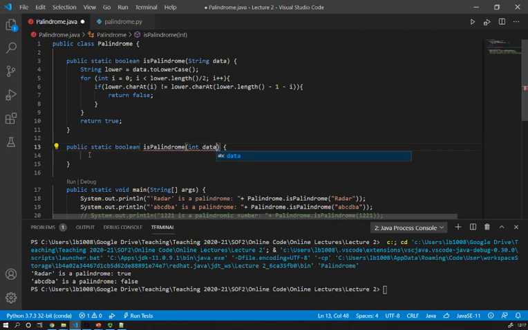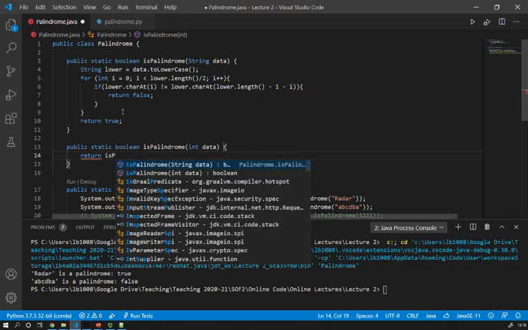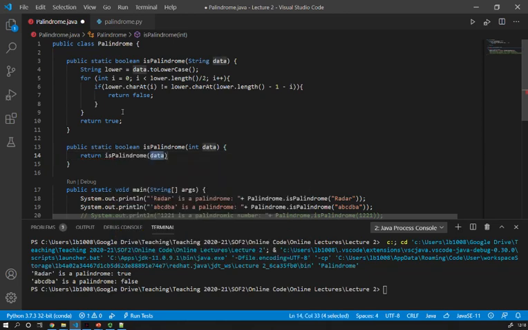Having done so, I want to be able to reuse what I've done before. It would be good if I could convert my int into a string, and then I can use the isPalindrome I've defined before with that string. I can do that using the Integer class. So return isPalindrome, and here the data needs to be converted into a string.